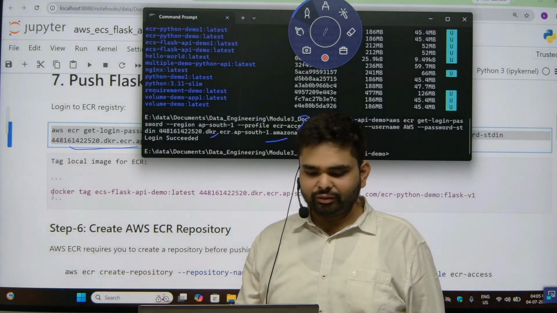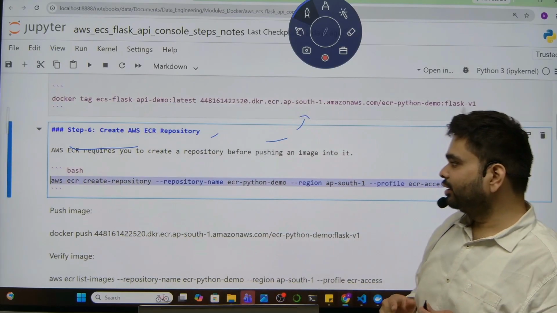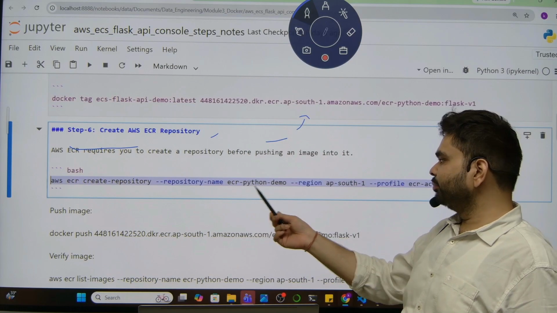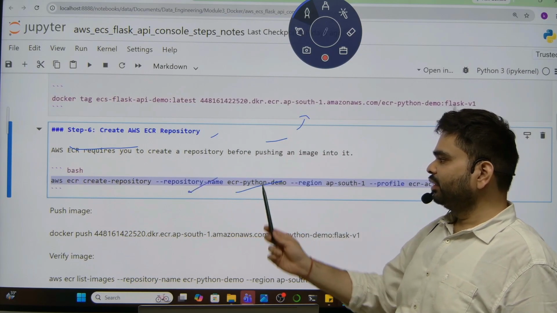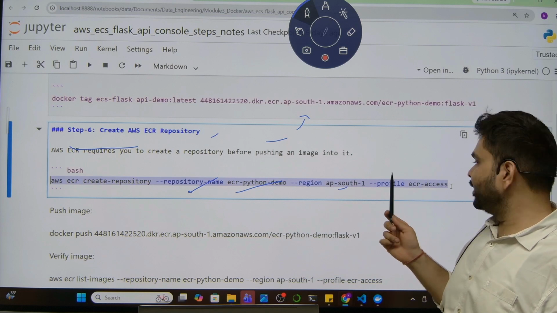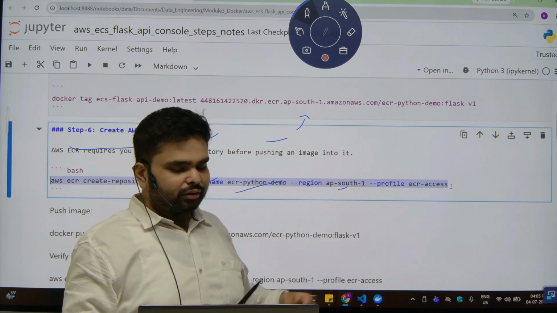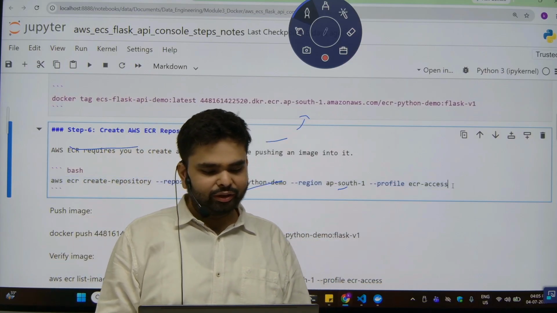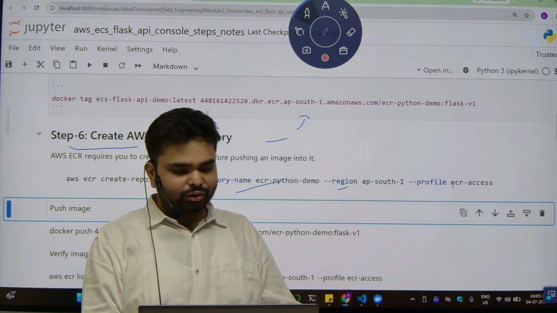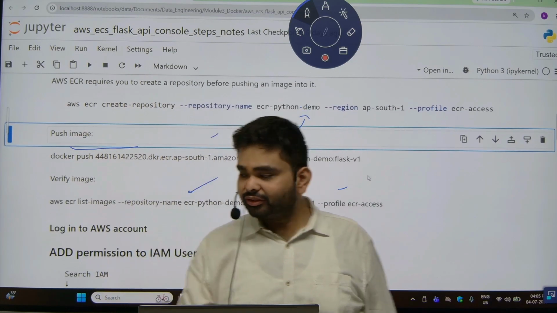Login has succeeded. Now to create the repository, you have to specify the repository name, then the region in which you want to create it, then the profile with which you want to create it. Now we are using the profile ecr-access. We have already created this, so we don't need to do that. Now we have to push that image